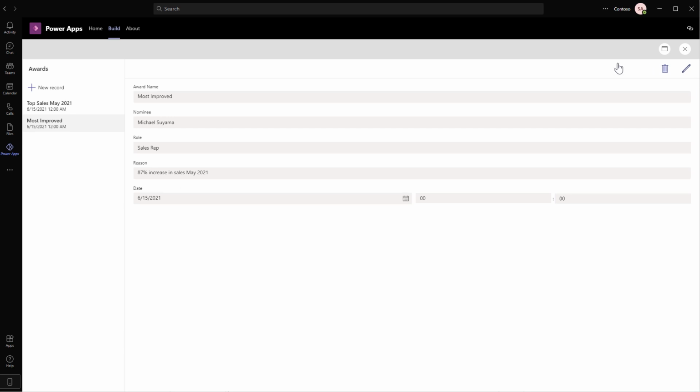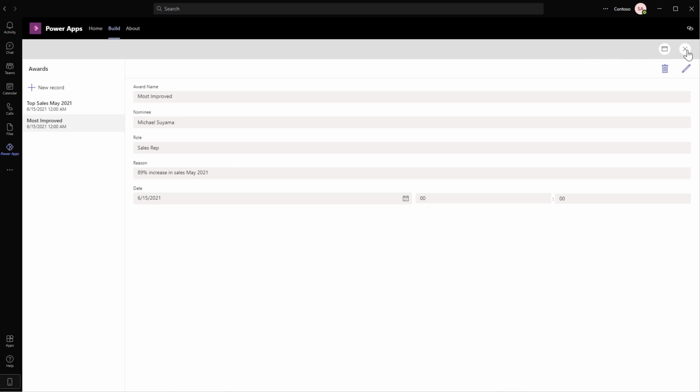Once the records are in the gallery, you can see that by simply choosing one of them, the right-hand form displays all the details. I can fully customize anything here. I can add a search bar, change how the filter works. You can add new screens and containers, forms, fields, anything. I have full control to make this app my own.